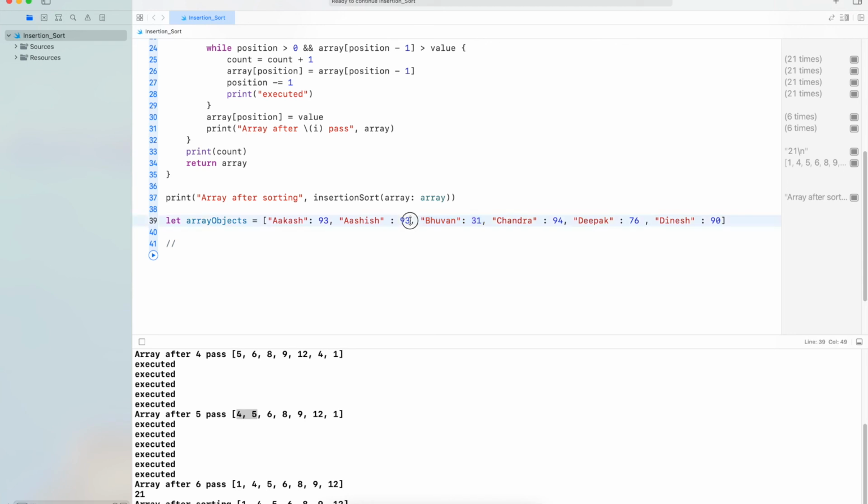After the pass, Bhuvan will be at the first place, because this is the correct place for Bhuvan, and till this point the array will be sorted.